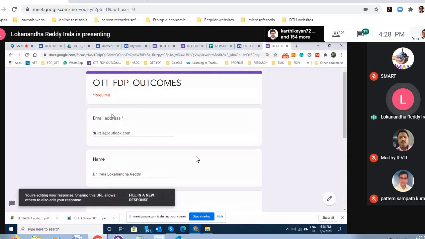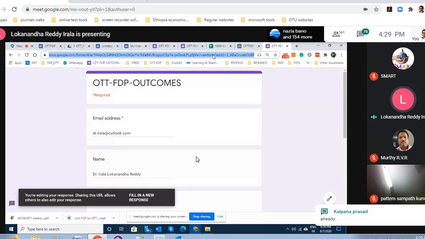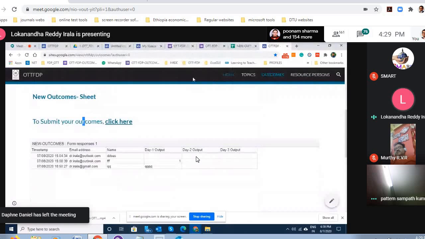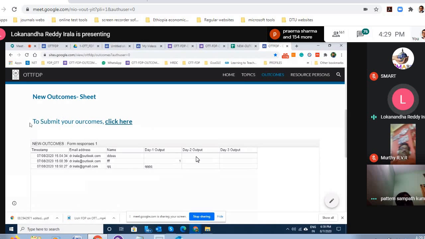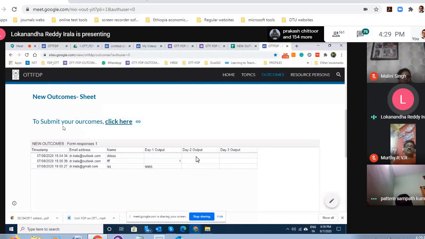And please remember, bookmark this address. If you forget this address, then you will have to do it afresh every day. That means every day you have to fill in all the days' outcomes. But if you keep it with you, for example, I just keep it here. If I want to fill only that particular day's outcome, I simply go to here. Then I'll be removing this link tomorrow evening. That means you should not use this link. If you are using this link, it is a new submission every day.